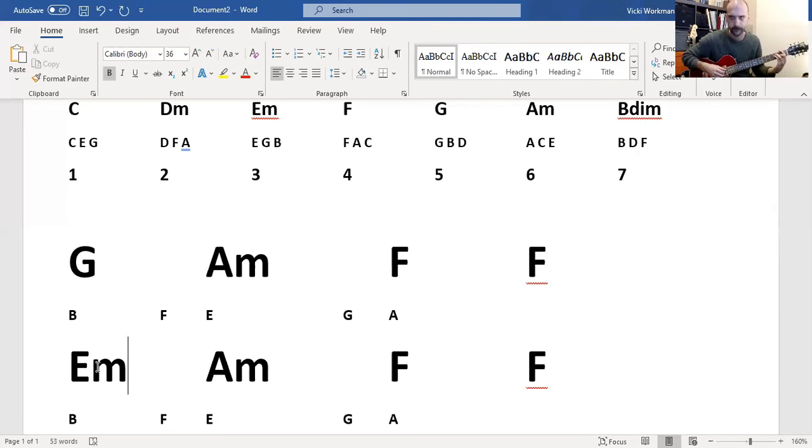Okay, so have a think about that. I'm just going to try one more. I'm going to try replacing this A minor chord now as well. So the A minor chord, the second time through,